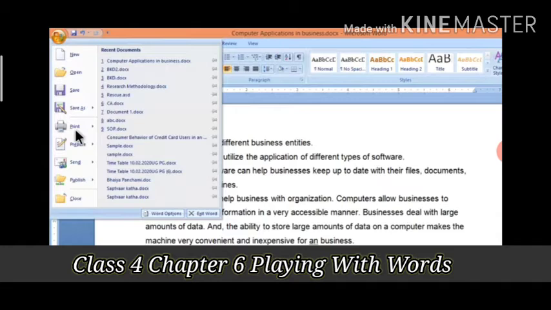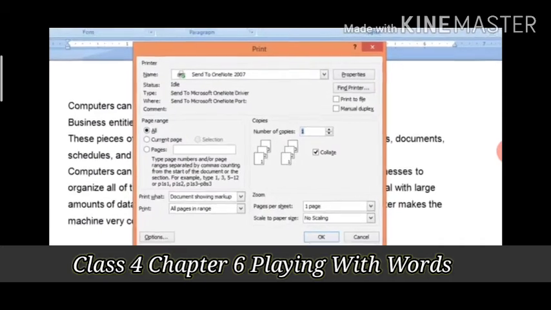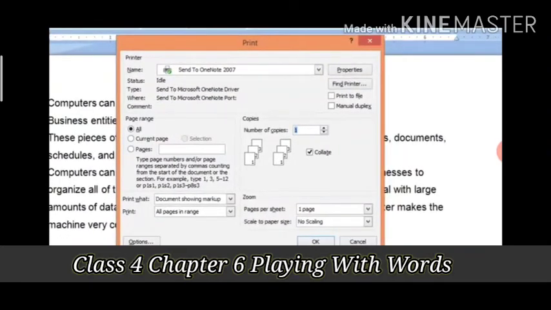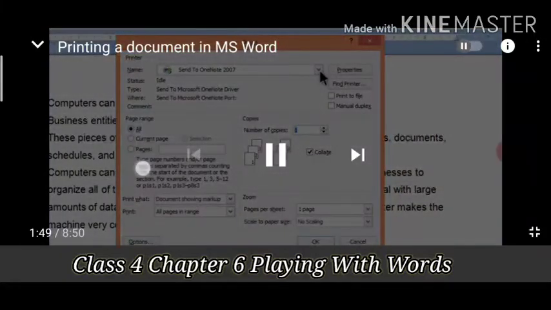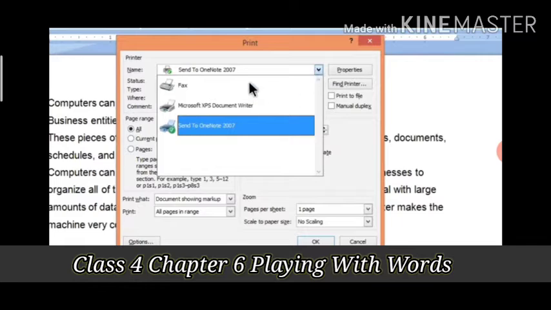Now we want to print a document, so we will click on this print option. This particular document we want to be printed. Now you will get so many options over here for printing a document. First of all, you will select the name of the printer which is connected to it. Here it is already selected as Send to OneNote 2007. Instead of that, we will select another printer, that is Microsoft XPS Document Writer, that we need to select because